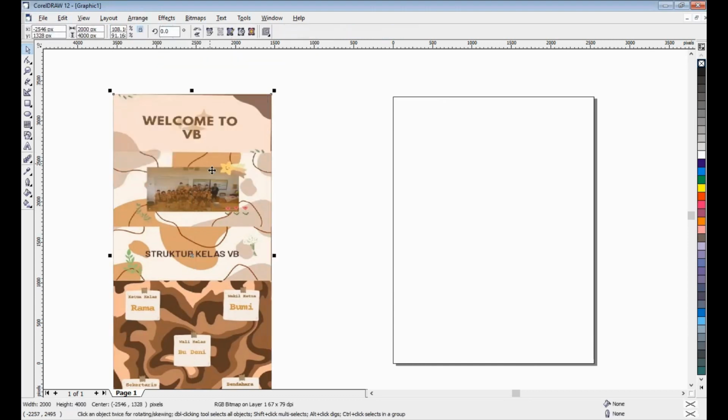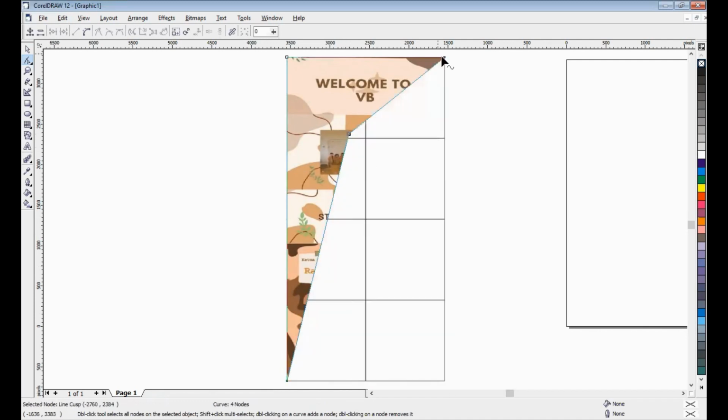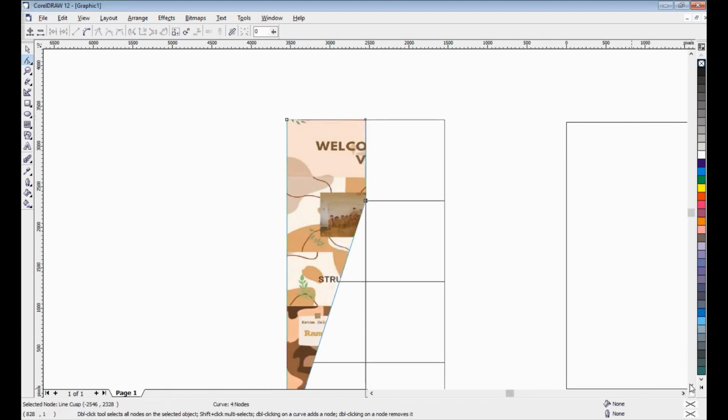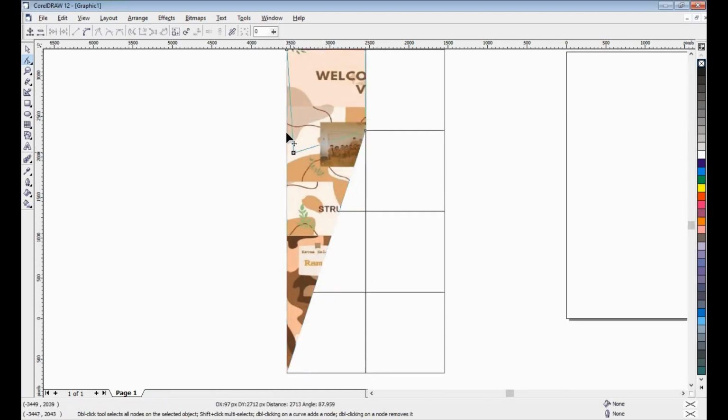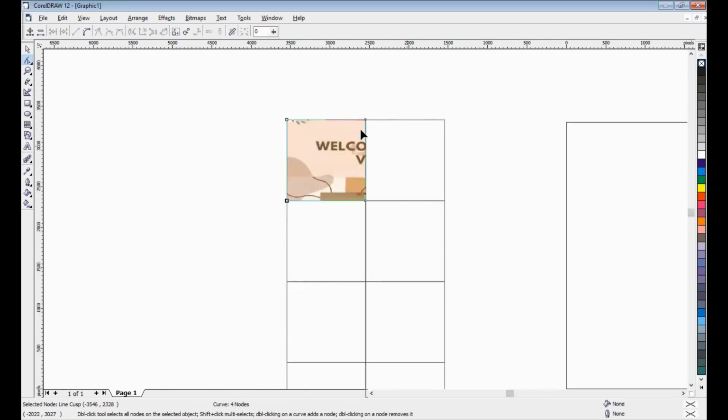Yeah, okay, let's try. I use the shape tool and function 4. Yeah, I will change this node to here. I will change this node to here. Okay, don't worry because we have set to use snap to object.